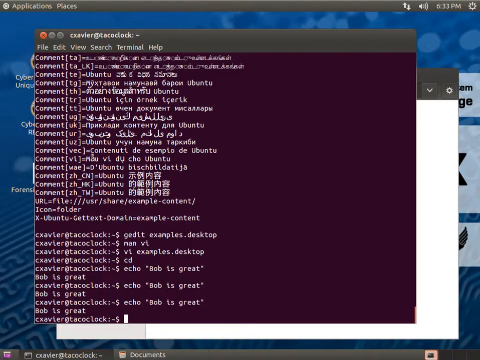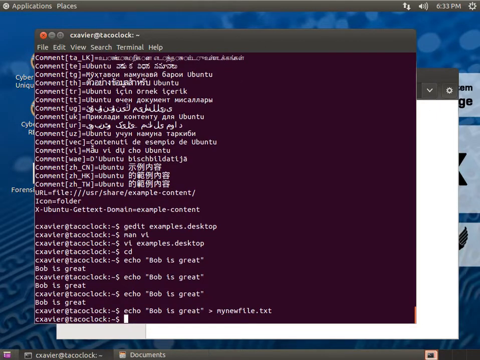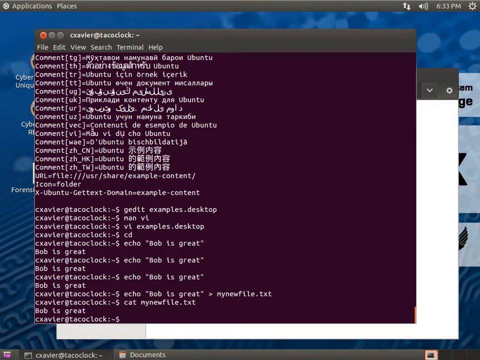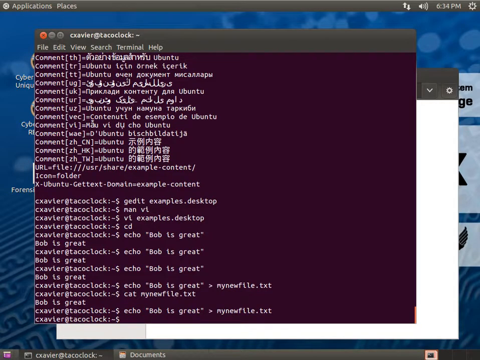Well, one reason for the echo command is a way of putting something into a file. So I can do echo. I'll just use the up arrow. Now I'm going to put this into a file. So this is one form of pipe. It's pipe to a file. The little symbol of a greater than. Now you can put it as my new file dot text. Now if you remember the command cat my new file, there it is. It's inside the file. Then you can do this. Let's do echo again,